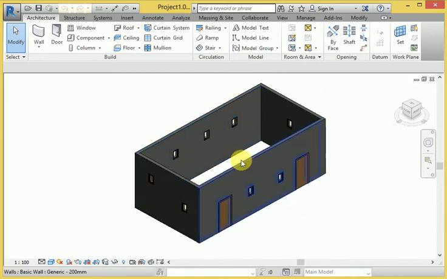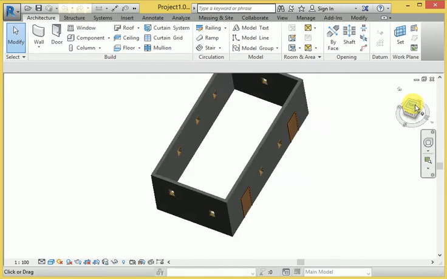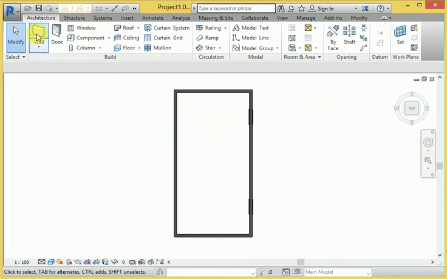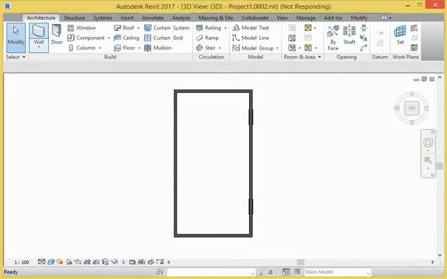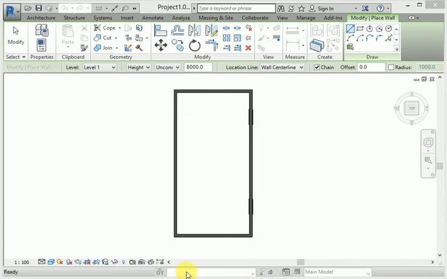When I create one wall here, I will go to top view, then start the wall. Now here you can see that select the wall here. So first of all click this wall.